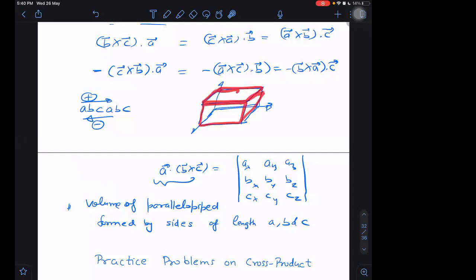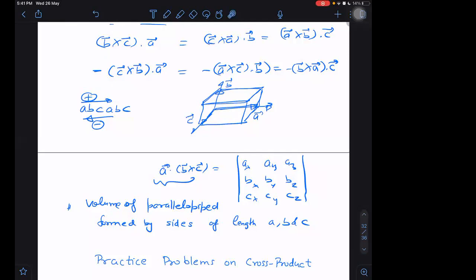And this parallelogram up in the top will be parallel to the bottom parallelogram. These faces will be parallel to each other. Sides will be parallel to each other, and the faces will also be parallel to each other. This total structure we call a parallelopiped. And the side which is along the x-axis, let us call it vector A. The side along the y-axis, vector B. And the side along the z-axis, vector C.